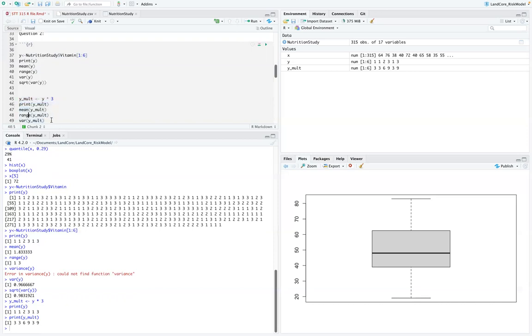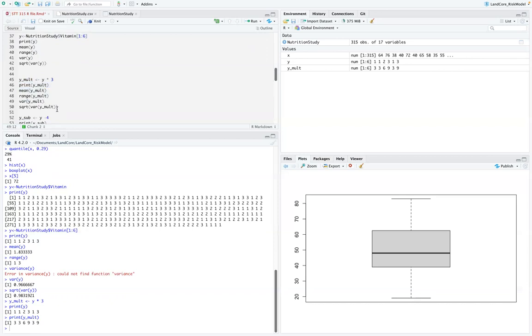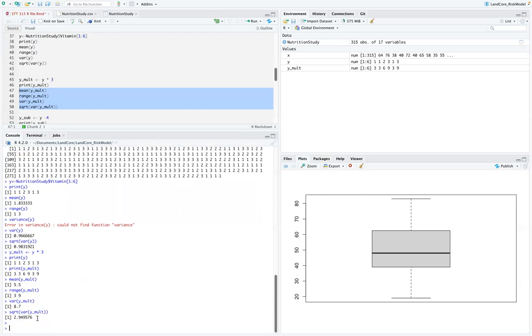So I'm going to just copy and paste. It's the same functions, but notice that I put my y mult in there. So for our mean, we get 5.5. For our range, our lowest number is 3, our largest is 9. So to get the actual value for the range, you're going to do 9 minus 3, which is 6. Our variance is 8.7, and our standard deviation is